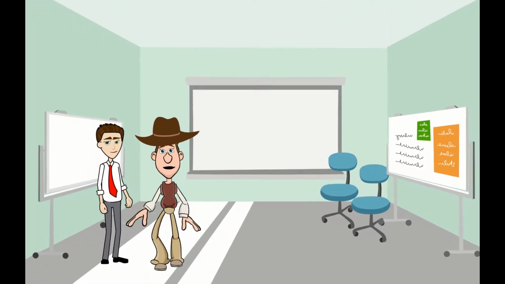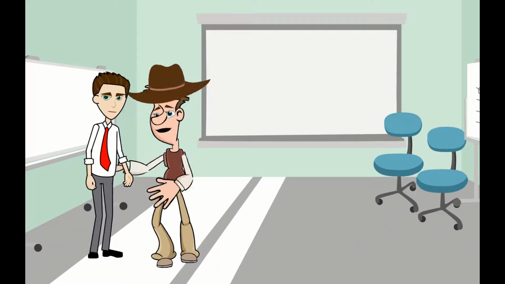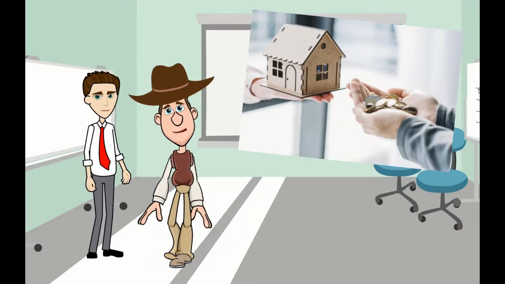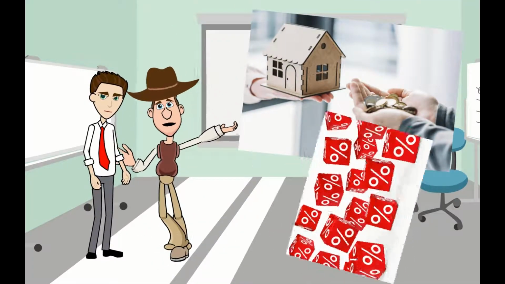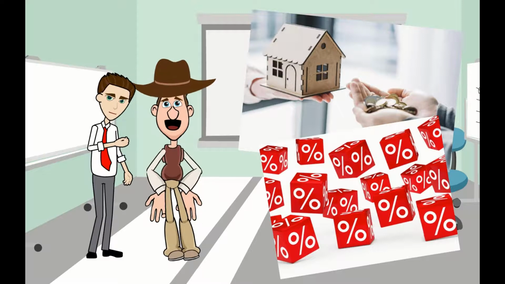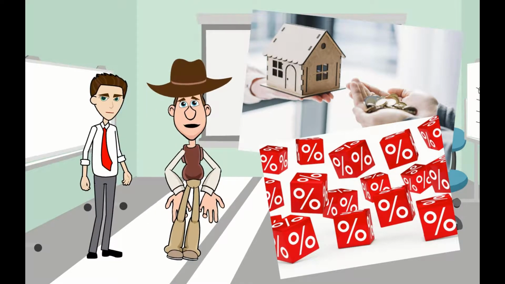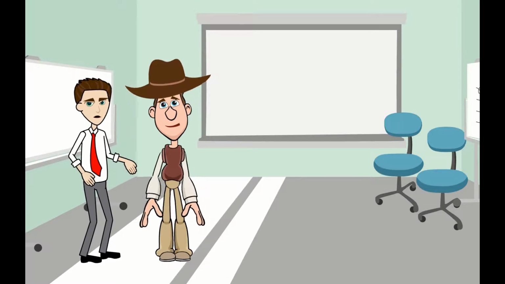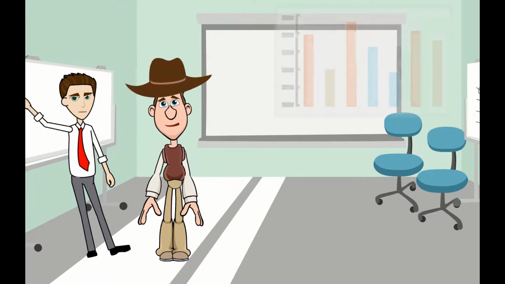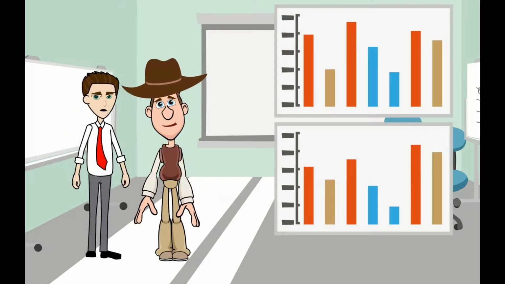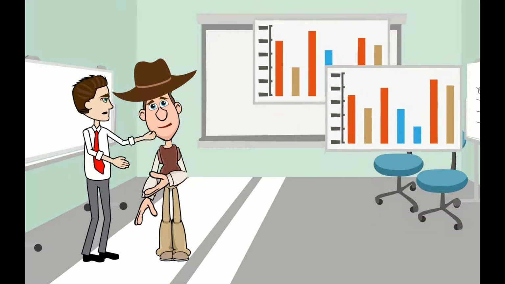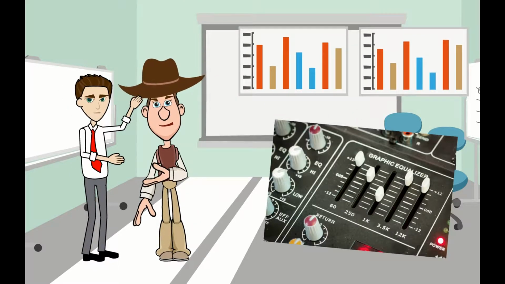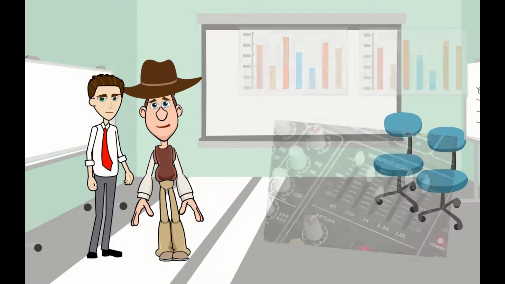Hey, Wall Street Willie. Earlier, you talked to me about a mortgage, but I want to know about the different kinds of interest on a mortgage. Can you tell me about that? Of course I can. The different types of interest for a mortgage are mainly fixed interest and floating interest. Floating interest is also called adjustable rate mortgage, or ARM.